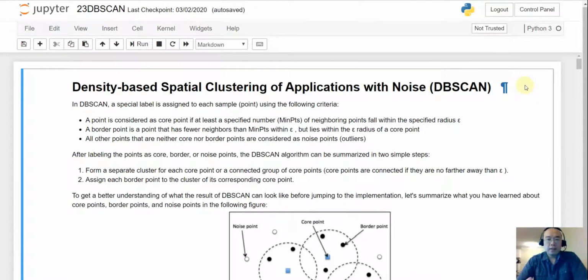Hi everyone. Today we are going to move on and do another clustering algorithm, and that is called DBSCAN. The full name of DBSCAN is, as you see, density-based spatial clustering of applications with noise. Okay, it is a really long name. A lot of the time people don't know the full name of DBSCAN, but DBSCAN is a